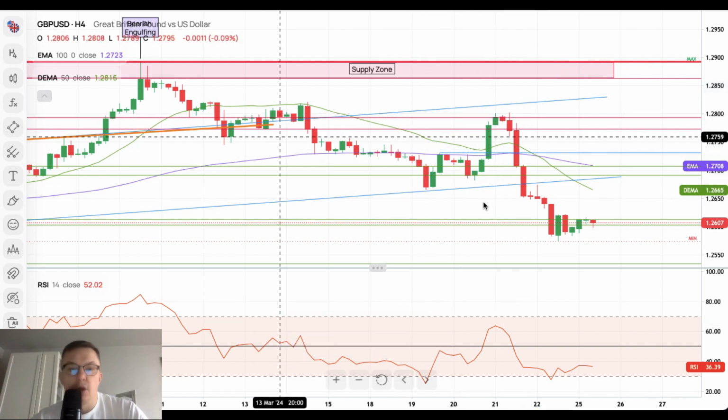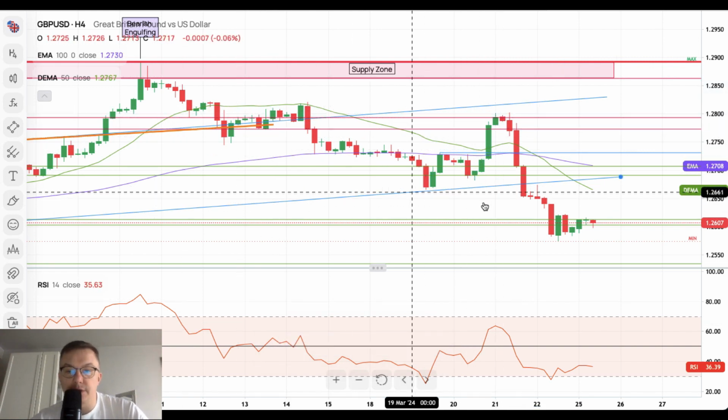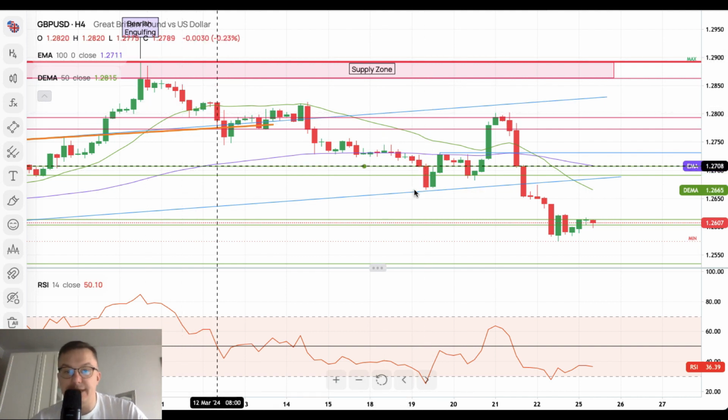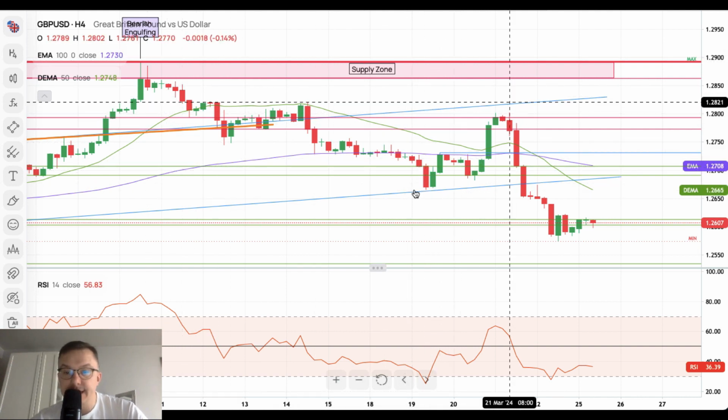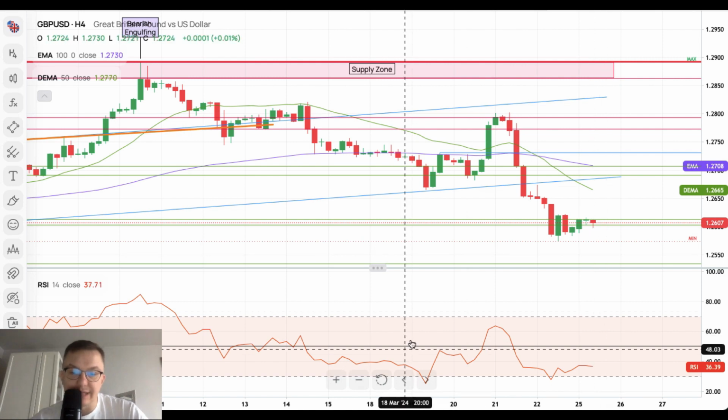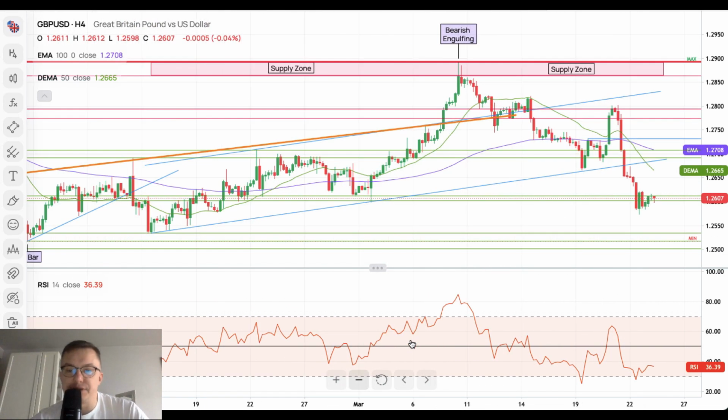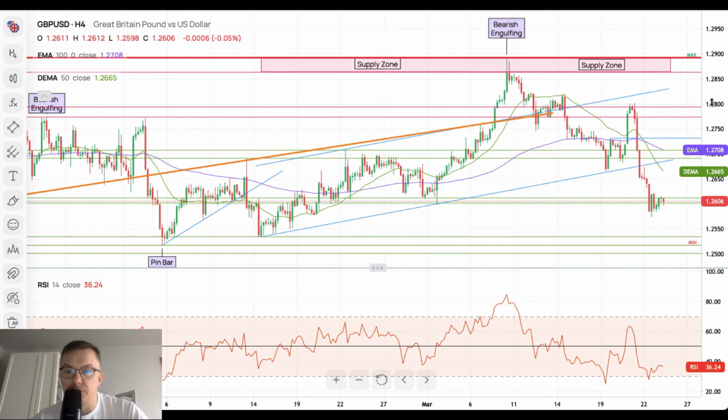Brilliant move to the downside. We can see 1, 2, 3, that's a 3 wave to the downside. So it's A, B, C, A, B, C, A, B, and there is a wave C to the downside for the British pound that awaits. Let me just remove the